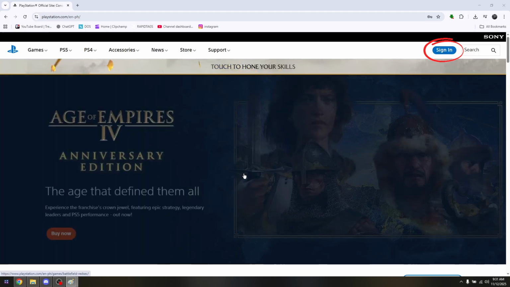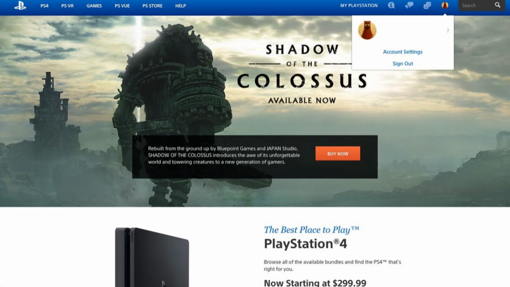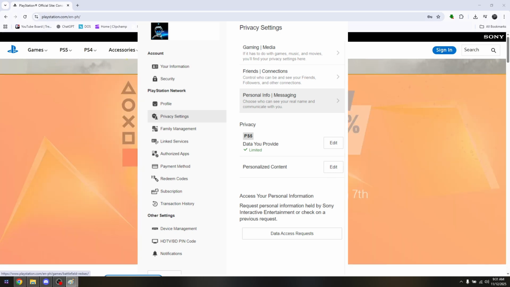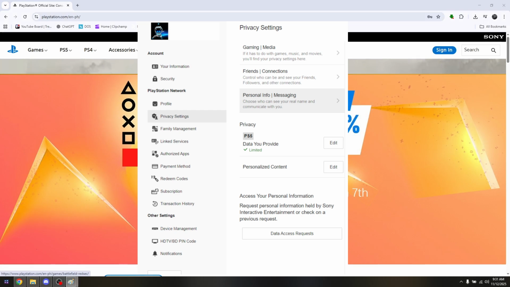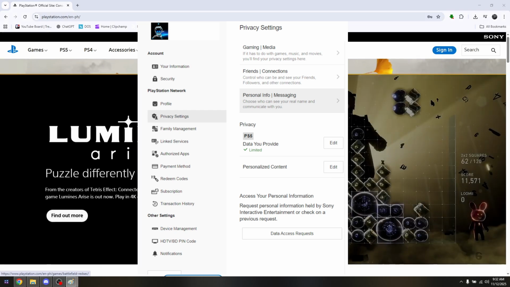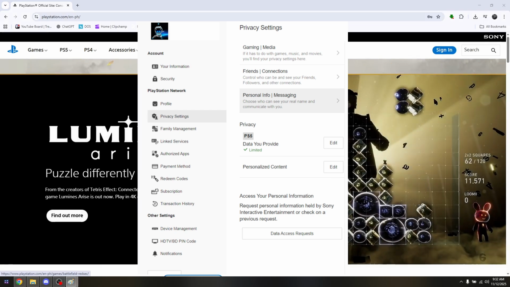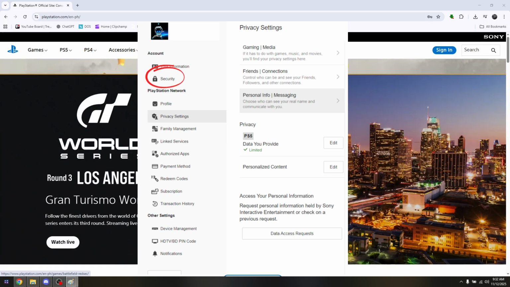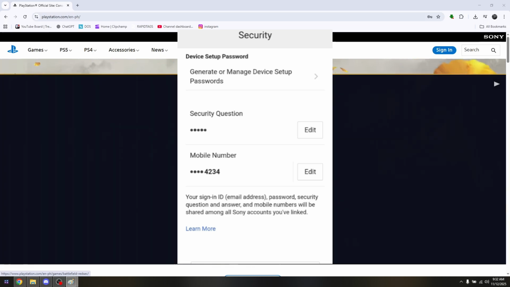Next thing to do is to click on your current profile picture and then head straight into account settings. Now, under account settings, you'll be redirected to the overall settings that you have specifically for your account. At your left side, you see your information and security as well. Just simply choose security, and then on the next page, you will only be seeing security question and mobile